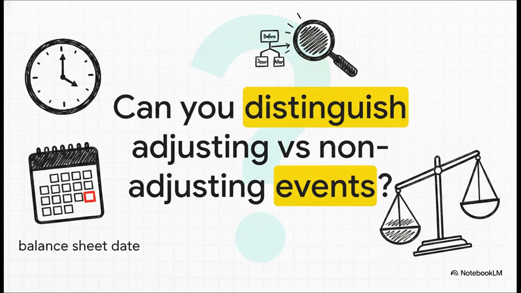As the official ICAI exam tip reminds us, the absolute most frequently tested area in AS4 is distinguishing between these adjusting and non-adjusting events. This distinction is literally everything. Did the condition exist on the balance sheet date or did it arise after? As you wrap up your work with this AS4 exam study guide, ask yourself, when presented with a brand new, super tricky scenario, can you confidently spot the difference? Your score really does depend on it, so practice that logic until these rules are second nature. You got this.